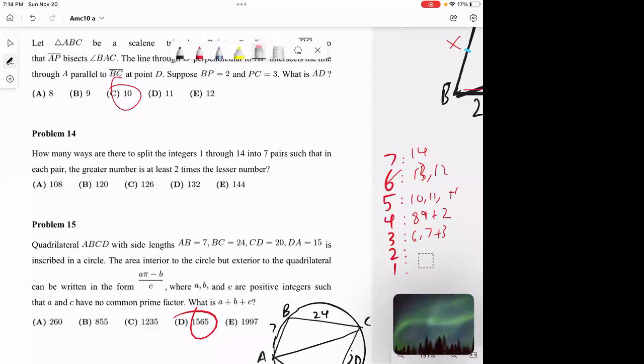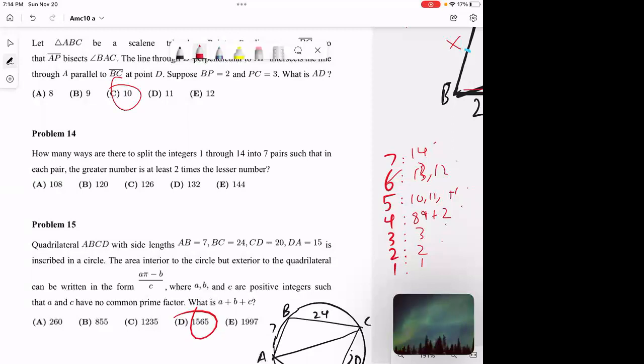3 can't be with 6 or 7 because these two already have partners because they're lesser numbers. So 3, sorry, it's my Alexa. But 3 actually has to be with one of these 3 numbers that 4 leaves behind. So 3 only has 3 choices, 2 has 2 choices, and 1 is the last one which is left. So then we have 1 times 2 times 3 times 4 times 3 times 2 times 1, which gives us,